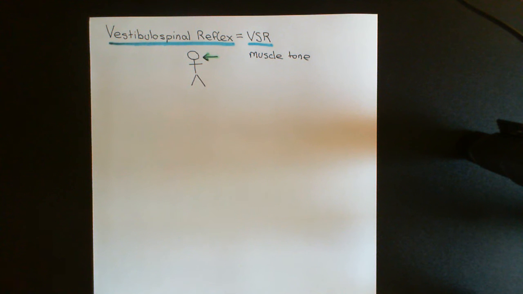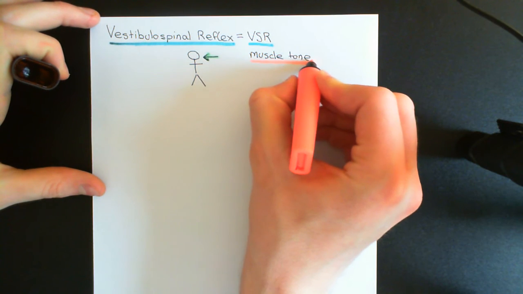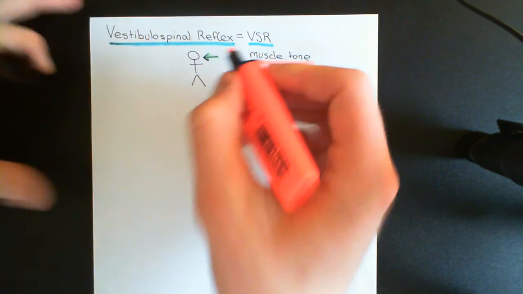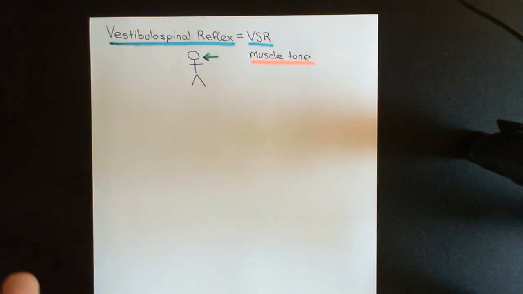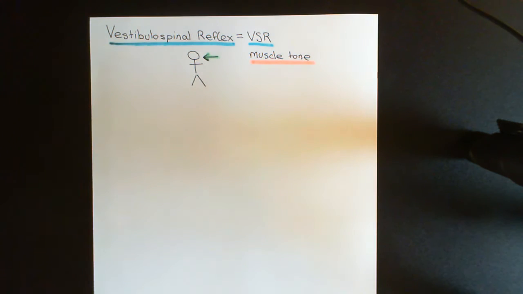Okay, because that stimulation is occurring tonically, i.e. there are continuously alpha motor neurons firing and stimulating these muscles to maintain a contracted state for a long time potentially. If you stand up for hours and hours and hours, this will have to go on for hours and hours and hours. For that reason, it is referred to as muscle tone. So muscle tone refers to a tonic stimulation of skeletal muscle cells over a long period of time. So in the standing posture, there will be a certain pattern of muscle tone for loads of the different muscles